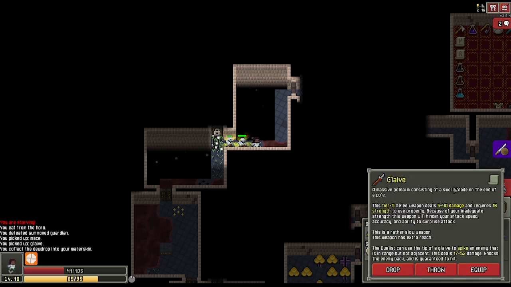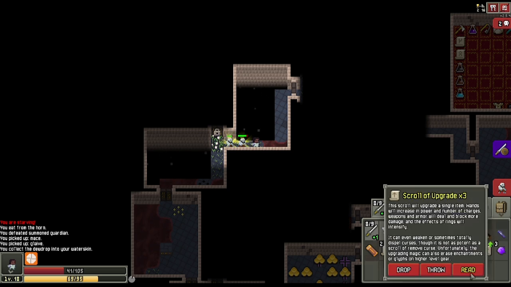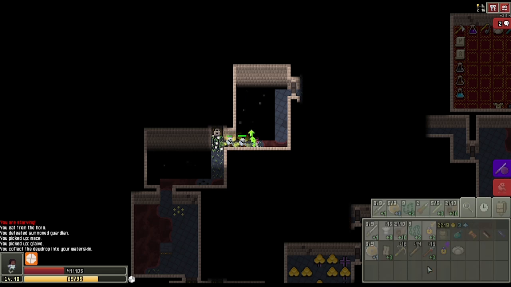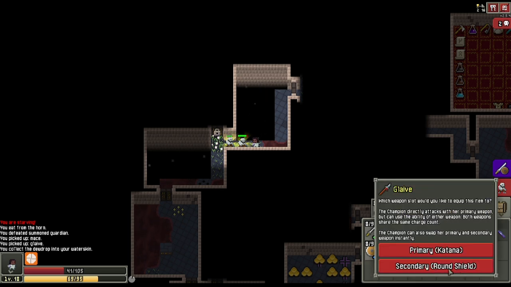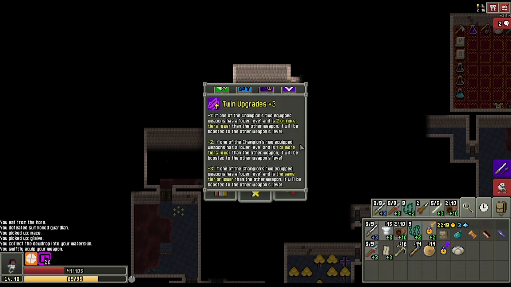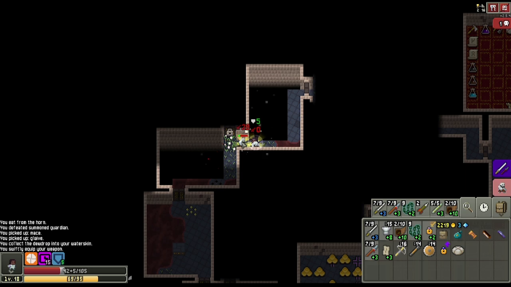Okay, so a glaive is a rather slow weapon, and it has extra reach, which is a little bit of a bummer, but it doesn't actually matter that much, and here's why. So we're gonna upgrade our glaive 3 times. 0 damage, 0 damage, 0 damage, so not punished at all. Then we're going to equip the glaive secondary, and what that does is that's gonna cause the shared upgrade talent, twin upgrades, to actually make my katana act as a +3 katana, meaning that I'm actually likely to be able to kill these enemies now instead of...